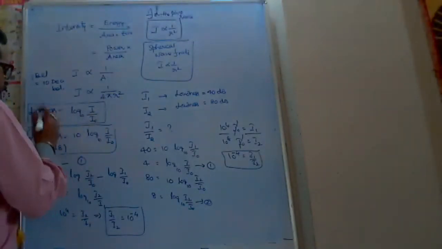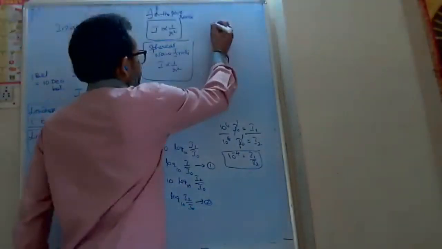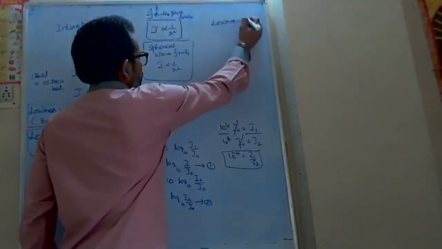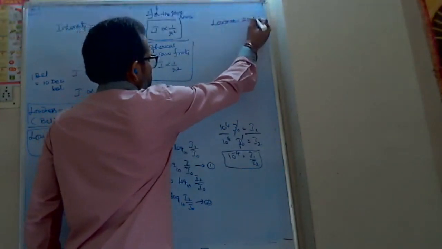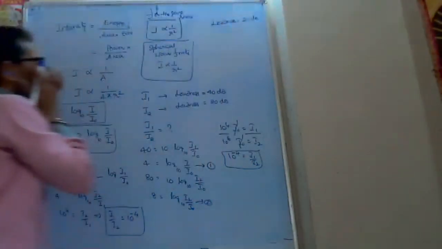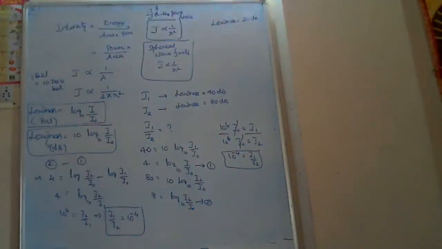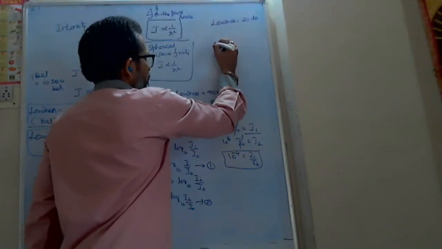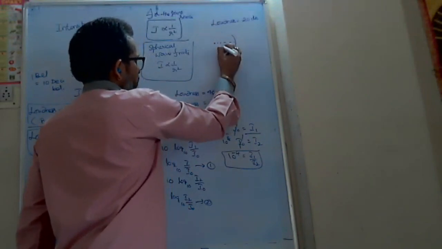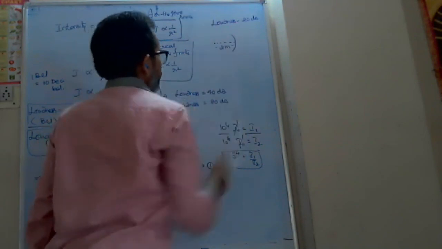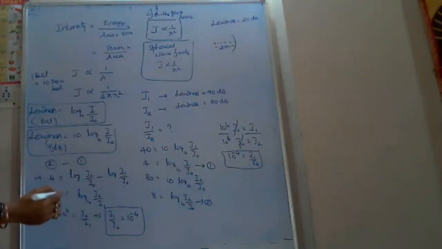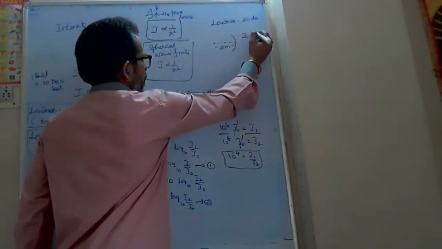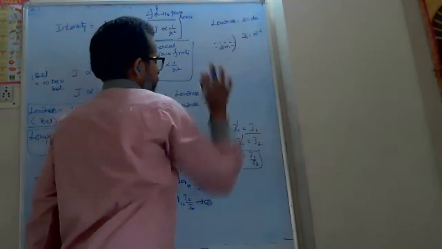At a particular place, the loudness is say 20 decibels. This is the loudness given by a point source at a distance of 2 meters from it. Take I naught equal to 10 power minus 12 watt per meter square. That is the I naught value.